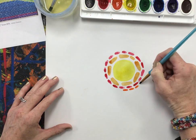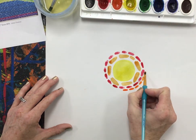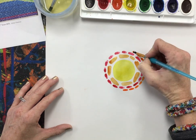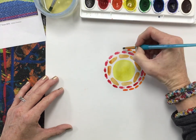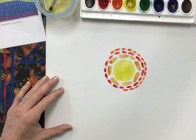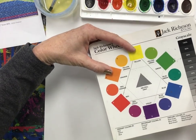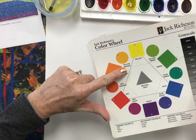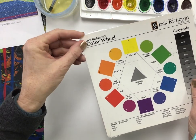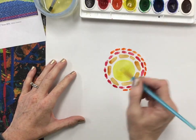So my warm colors are first, and you can absolutely mix some of those warm colors. So you know how we have our primary and secondary colors on our color wheel? And if you mix our primary and secondary colors together, so if we say yellow and orange mixed together, create our yellow-orange, or sometimes we can even call that a better name like tangerine. And it's super bright and bold. So you can mix and make those tertiary colors,